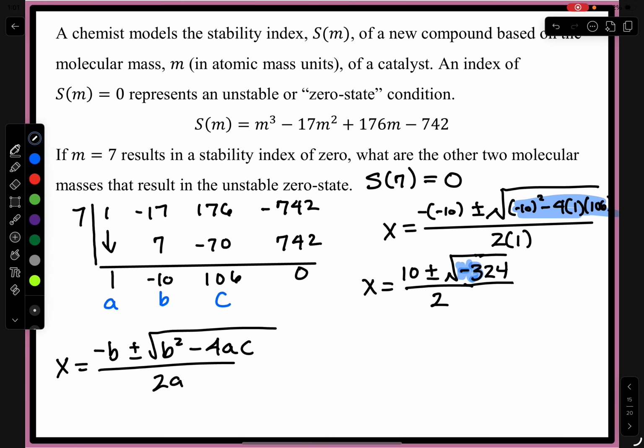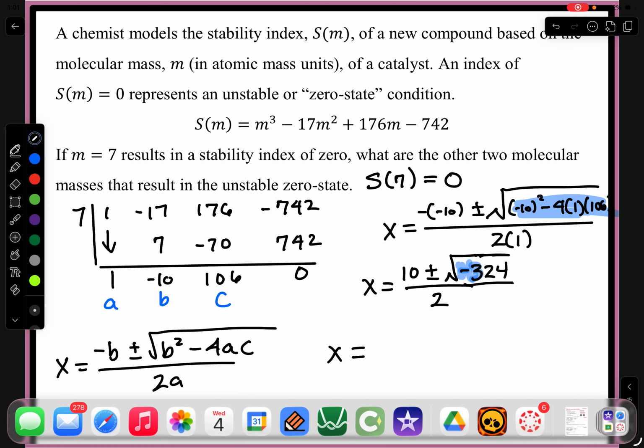Now notice what I did not write in on the calculator. I did not write the square root symbol. I just wrote again what was inside the square root, so negative 324. Now we can simplify this in two ways. The minimum requirement is to get rid of the negative sign and put an i instead of that. But if we look on Desmos,